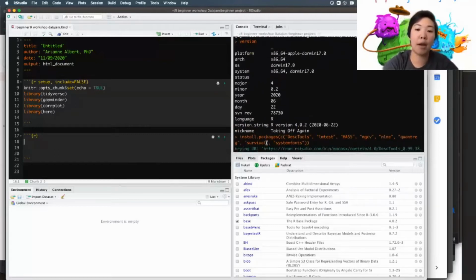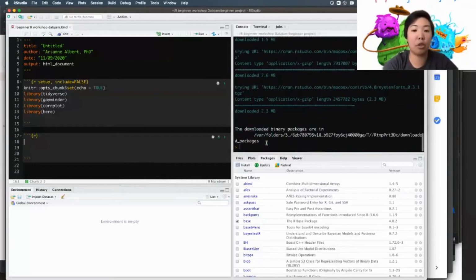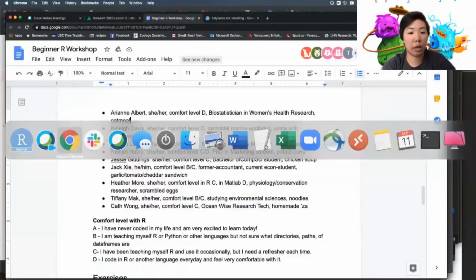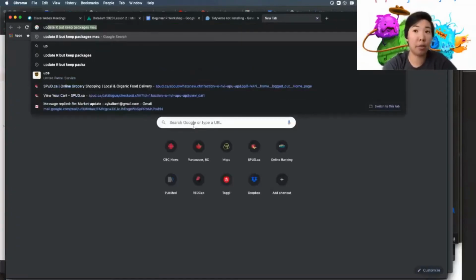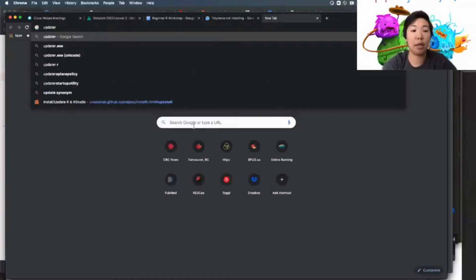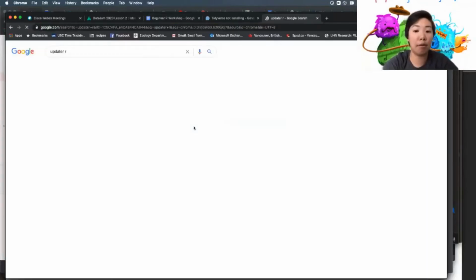There is another value called characters, which should come up as CHR, which is distinct from factors. But Glimpse just gives you a quick understanding of what you're about to work with and what kind of data types that you have. So this is something that should be done at the very beginning of your data manipulation